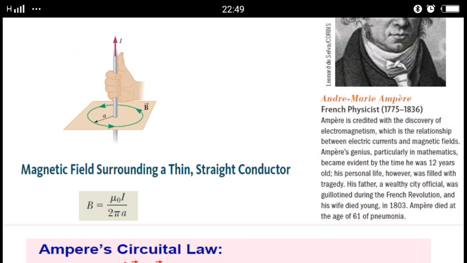It can also be seen that the magnetic field lines have no beginning and no end. You can see the arrow mark in that figure, which means it has no beginning and no end, so rather it forms a closed loop. That is the major difference between magnetic field lines and electric field lines. Electric field lines begin from the positive charges and end on the negative charges, so no closed loop is formed by the electric field lines.